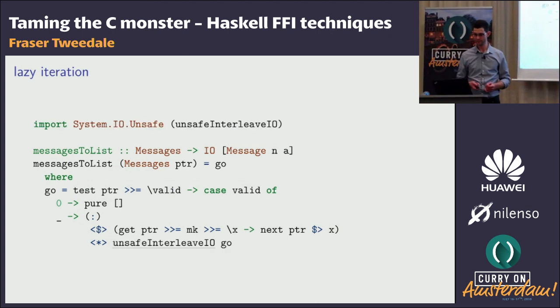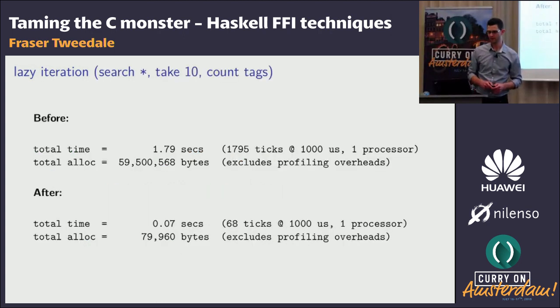Lazy iteration, we just add a healthy dose of unsafeInterleaveIO, and this means that we can suspend the execution of these iterator functions in C. The obvious benefit is if you are iterating a large iterator but you're only interested in the first few at the beginning, you can avoid doing all of those C calls. You're only going to do those C calls as you're trying to pull values off the front of